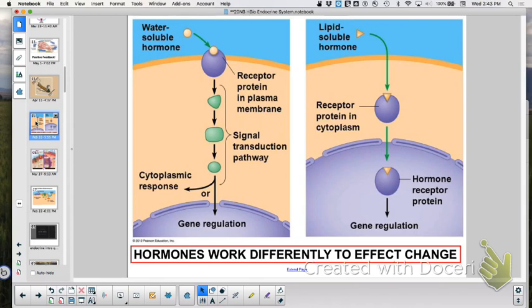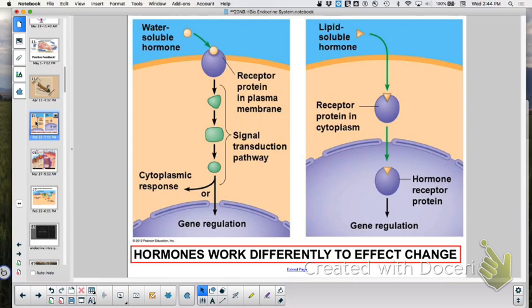What steroid hormones tend to impact is protein synthesis. They're going to impact your DNA and what proteins are generated. You don't have a lot of hormones that are steroid hormones, just the ones from your ovaries or testes, or from your adrenal cortex, the outer part of your adrenal gland, which, if you remember, is long-term stress, like stress over a semester. Adrenal medulla, the inside, is stress like right before a quiz. Okay, fight or flight. Those are your steroid hormones.